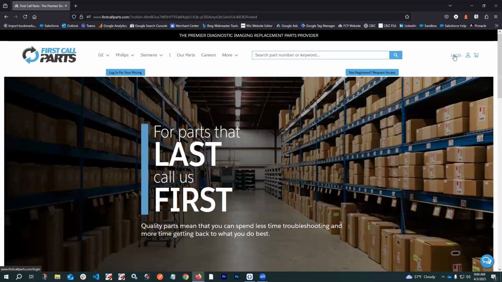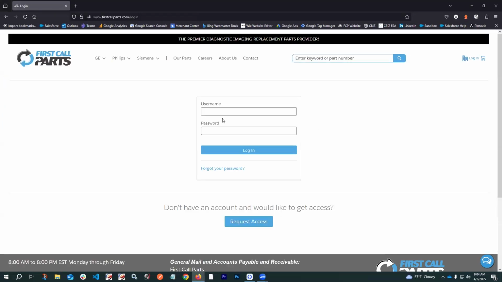The first thing that you're going to want to do is log in, and you'll know that you're not logged in when you see this login button here and the icon of just a generic person. So we're going to go ahead and click on log in,